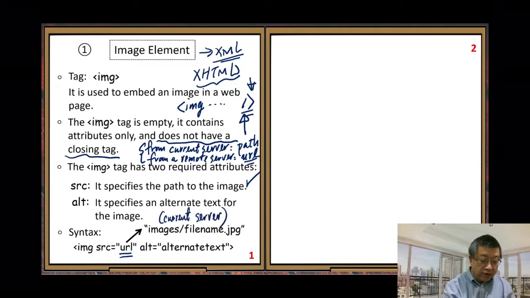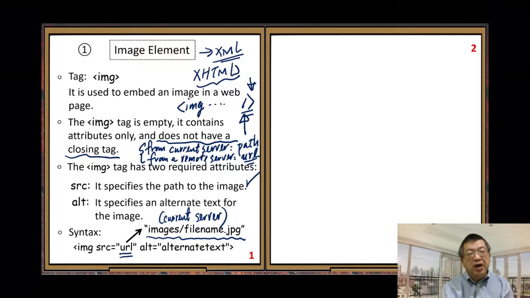For the current server, you do not need to type the HTTP things, right? Actually, it's not a good way. Think about if you move this document to a different server, then you need to change that HTTP URL value. If you do not update, you may get the wrong one. That's why, if it is in the current server, use the usual path